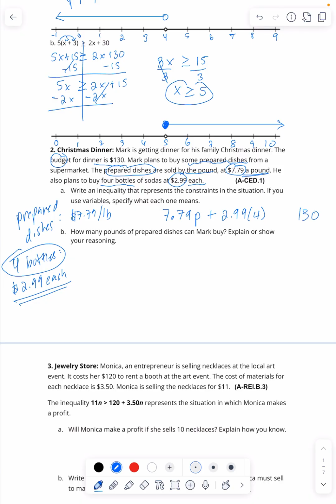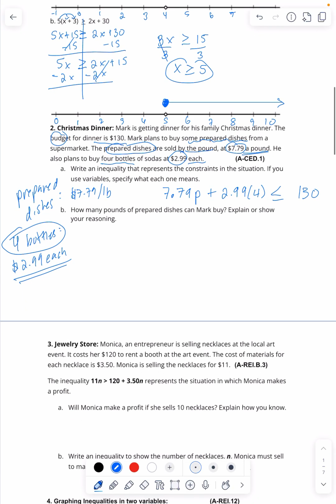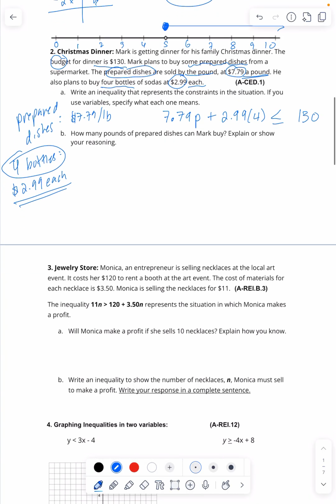And we've talked about when we're in a budget, we have to stay below the budget or at the budget. So therefore, this one will be 779p plus 299 times 4 has to be less than or equal to 130. Well, the second question now asks, how many prepared dishes can Mark buy? In this case, the prepared dishes was represented by this P here. So we have to now solve for that P. So we could already use this equation then